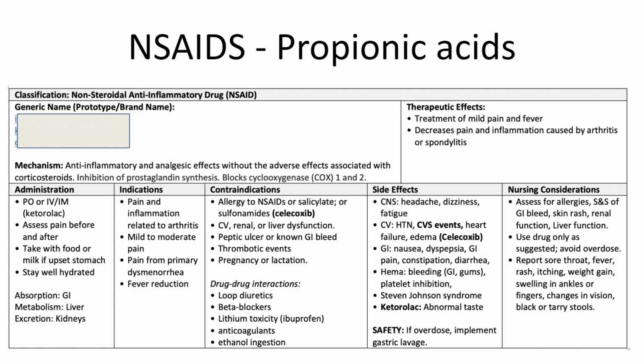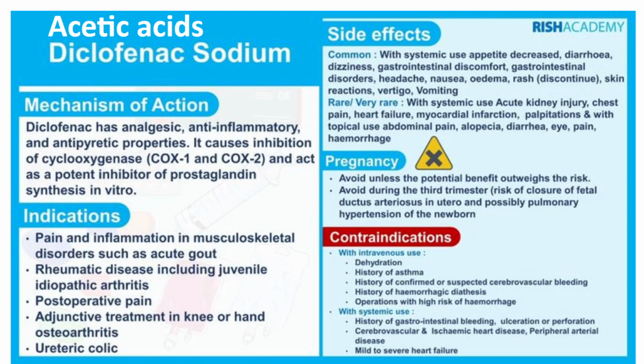Anyway, that's about one of the groups of drugs, propionic acid. One example is the same. Now, among the acetic acid group, I would prefer diclofenac sodium. Diclofenac sodium also has a similar activity of inhibiting COX-1 and COX-2, a non-specific, non-selective inhibitor, and a potent inhibitor of prostaglandin synthesis. The common indications are the same, like pain, particularly acute gout condition, where it's very specifically